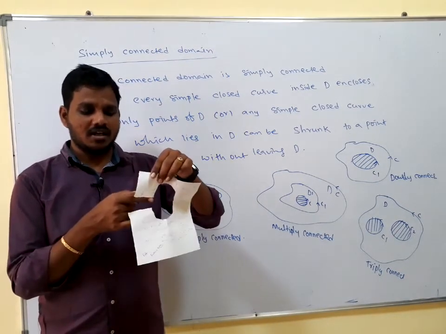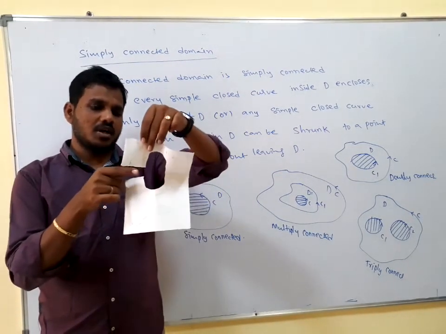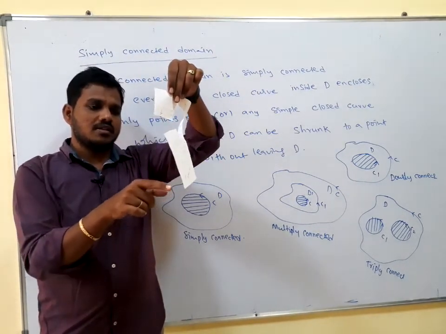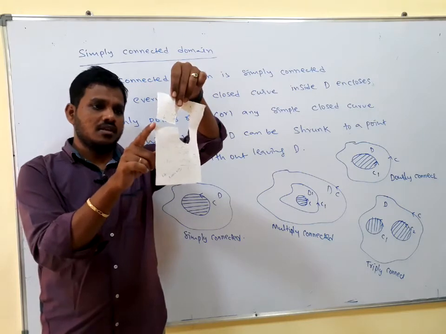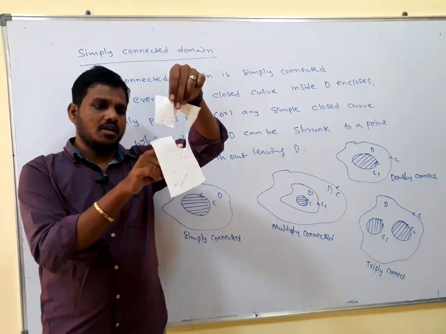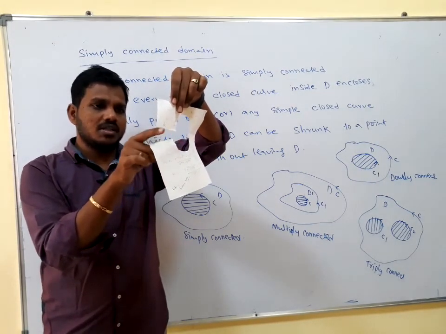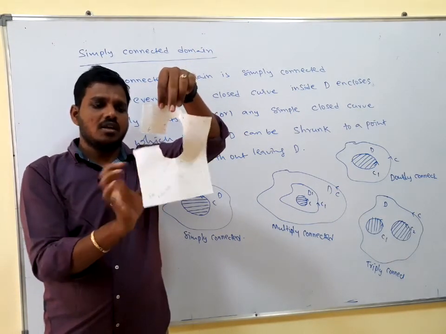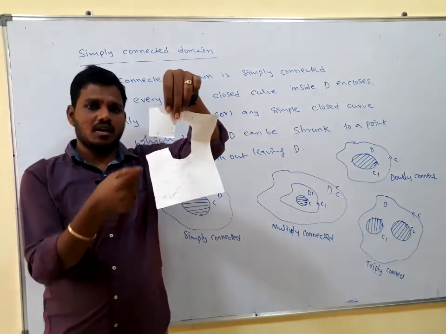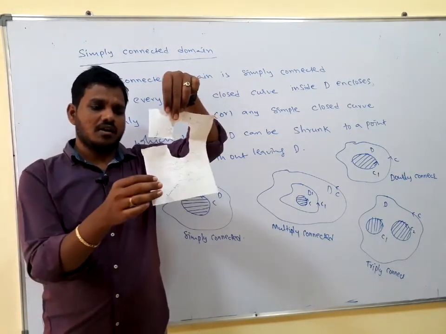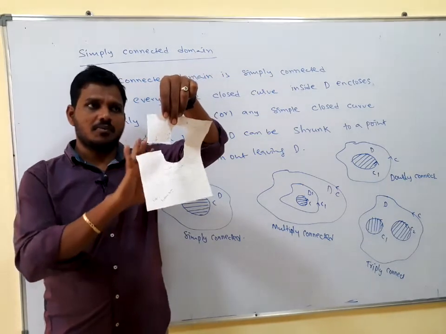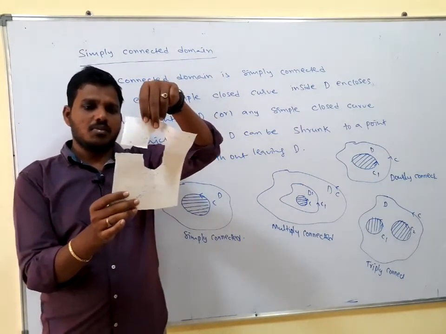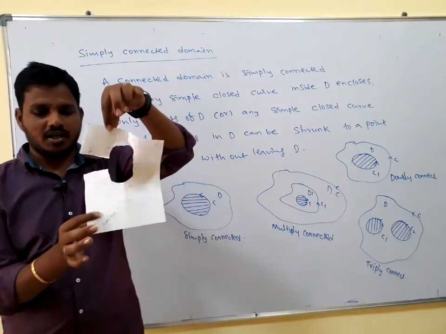If I start here, there is a path in the anti-clockwise sense like this. Here this is the starting point, and along this path it is a curve C inside D. So it is a simply connected domain. If there is one more hole also, then you can make a cut, and the triply connected domain also converts into a simply connected domain.